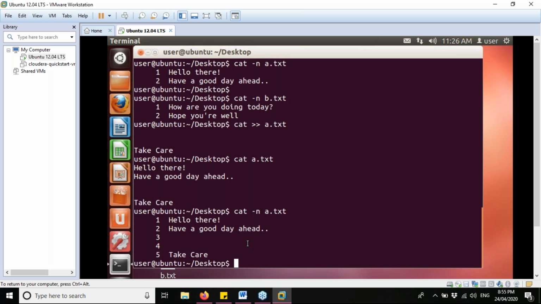So I would again spare a minute of time for you guys to make the changes, append in any of the files and introduce some blank lines there, and then check in normal cat a.txt, or like cat space your file name, and then again try the same with cat space hyphen n, all in small letters, followed by the file name, and then hit the enter button and check if the blank lines have also been numbered or not. So please do the same guys. I will wait for a minute for you guys. All right.